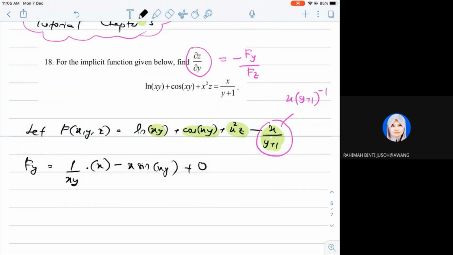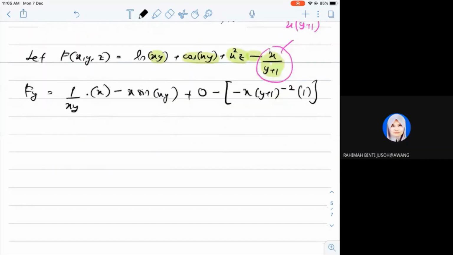We will have negative x. Negatif ni saya maintain sebab ni ada negatif kan. Okay, negatif ni saya maintain. So I open the bracket. Okay, so negative x times (y plus 1) to the power of negative 2, multiply by 1. Because differentiate y we get 1. So like this. Okay, so we will have